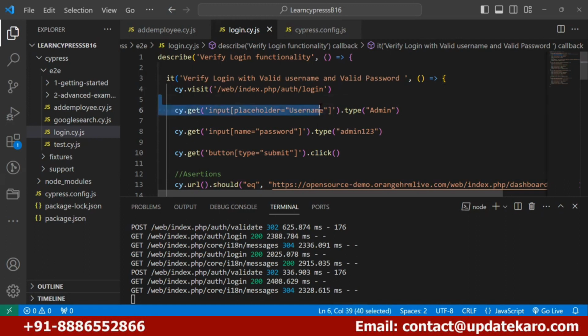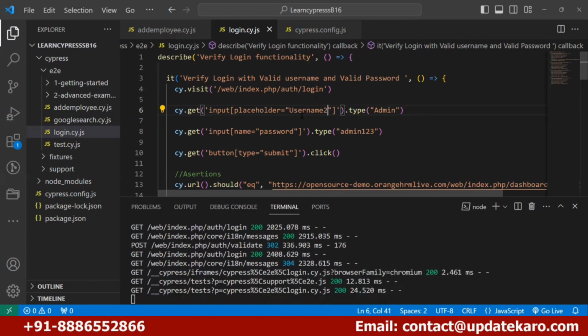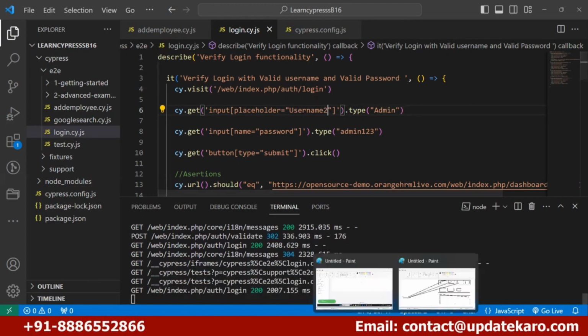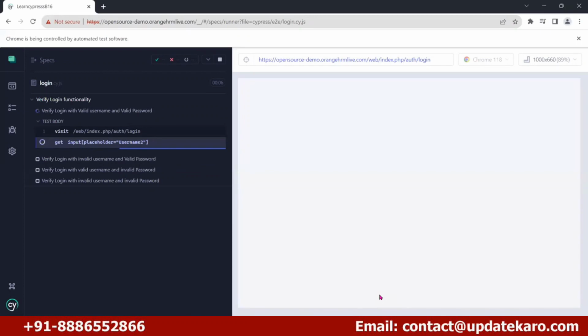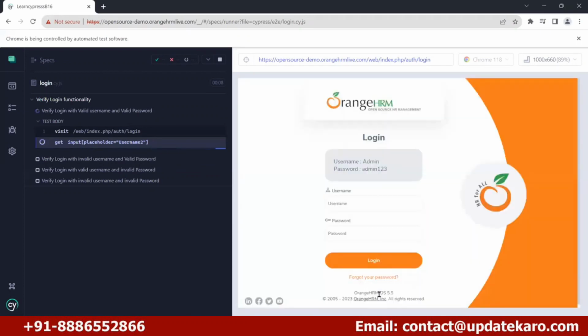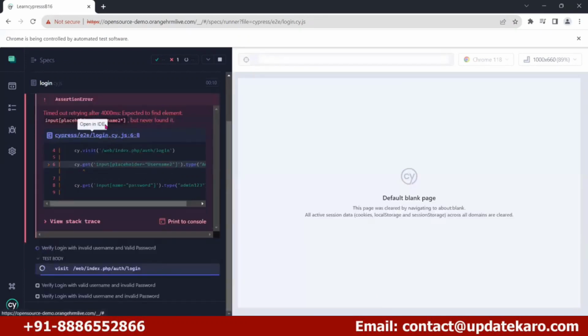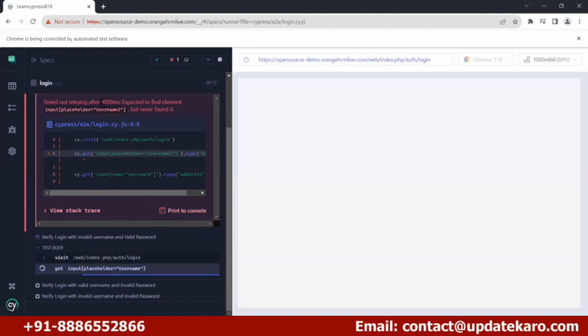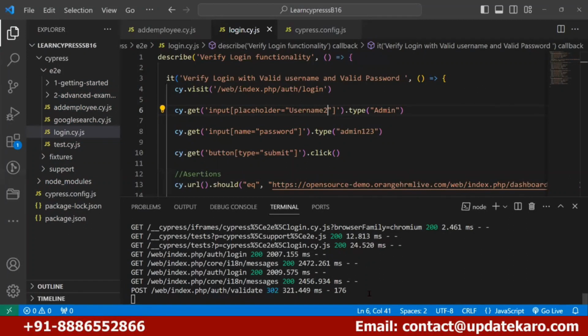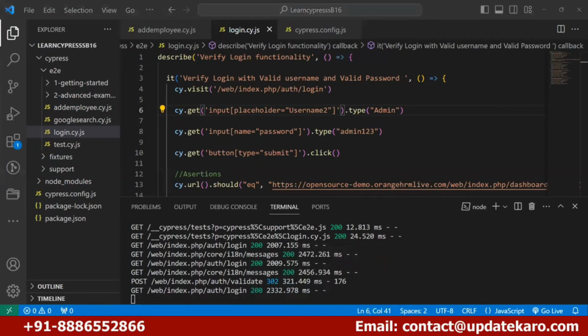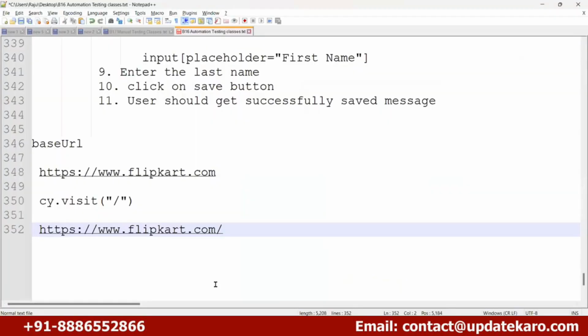Let me intentionally give some wrong locator. This locator will not be available in the DOM. So how much time will it take to fail? You can see that for failing, it is actually taking 4000 milliseconds. It is not only for one particular locator. So for all the commands